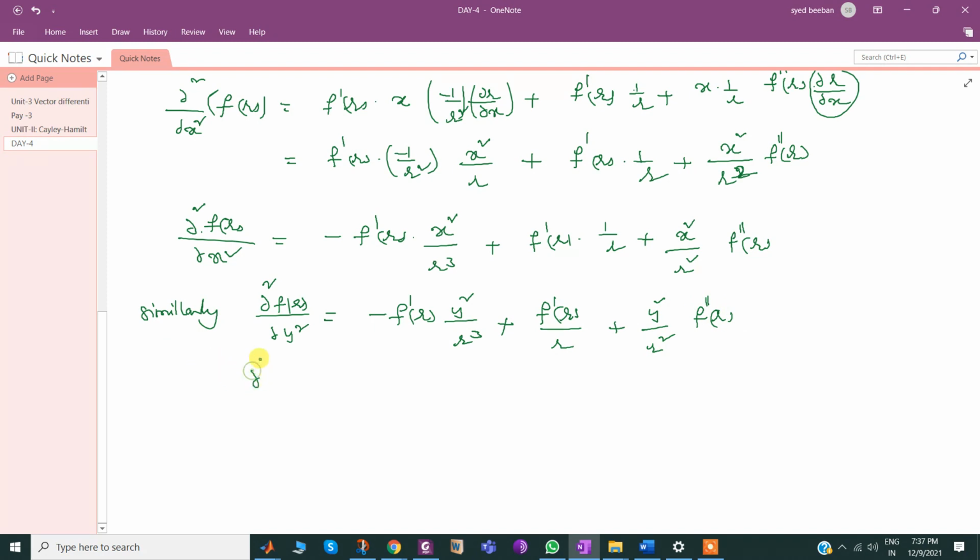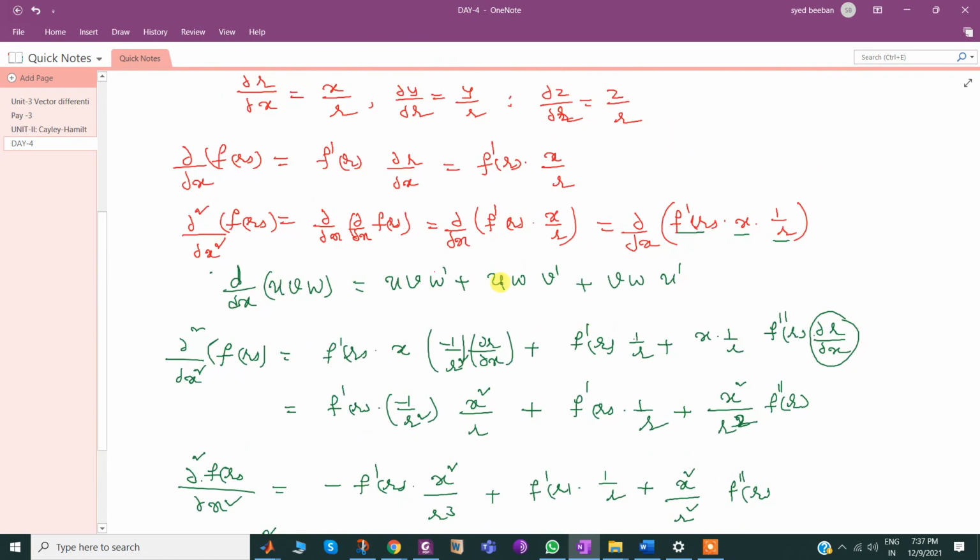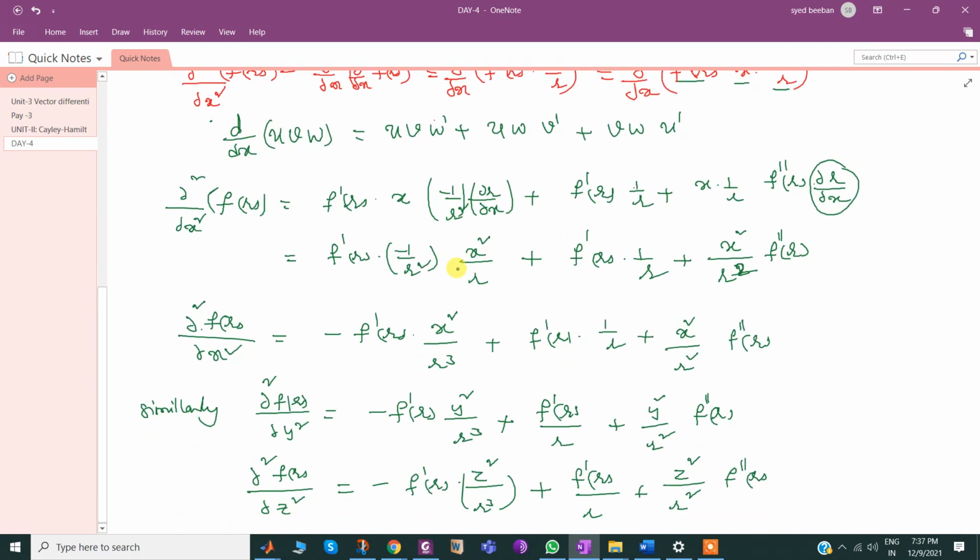Similarly, ∂²f(r)/∂z² equals minus f'(r) times z²/r³ plus f'(r)/r plus z²/r² f''(r). Now, adding all this, since I require del square, so del square f(r) means here,